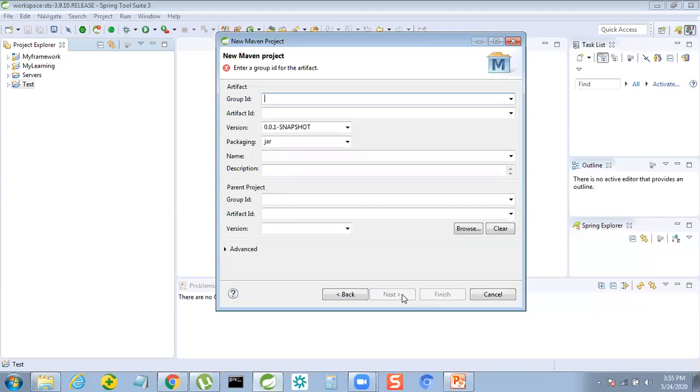In this Maven project, guys, you always have to give a group ID and artifact ID. It's nothing but your project name. So for group ID I'm giving the project name, test automation.